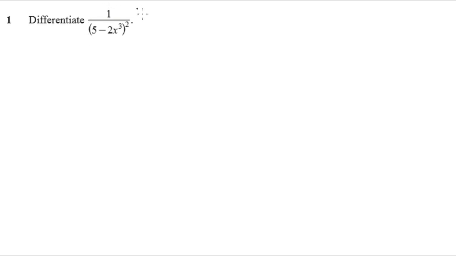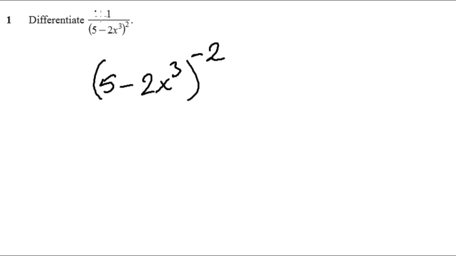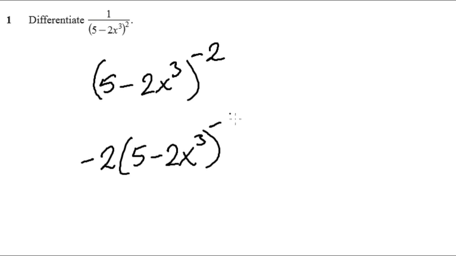And in order to do anything realistically, we need to put this into index form, which is 5 take 2x cubed all to the power of negative 2, because 1 over is just negative power. So now we do the chain rule, which takes the big power down to minus 2 lots of 5 take 2x cubed. Minus 2 take 1 is minus 3, then multiply by the differential of the inside, which should give you a negative